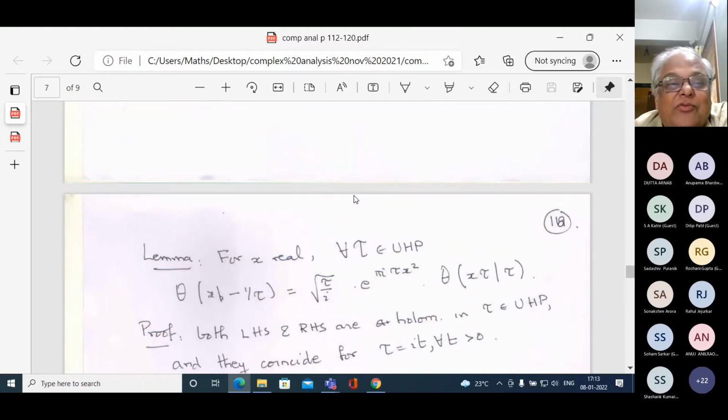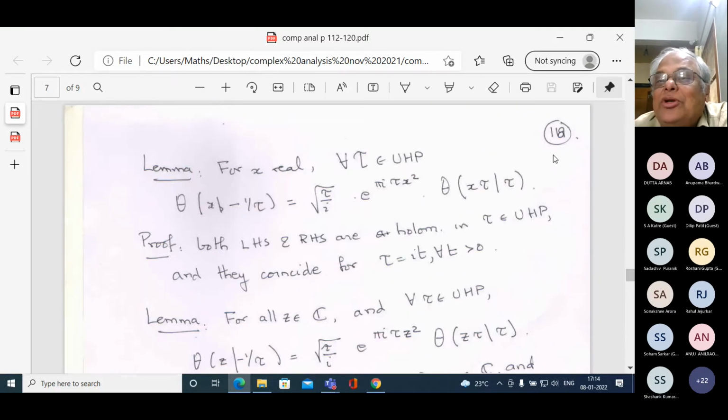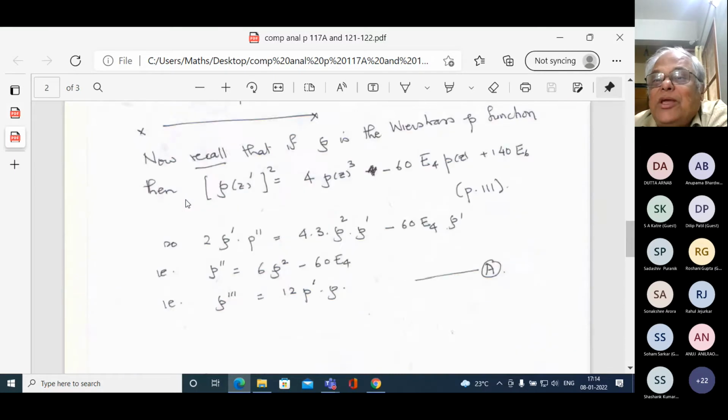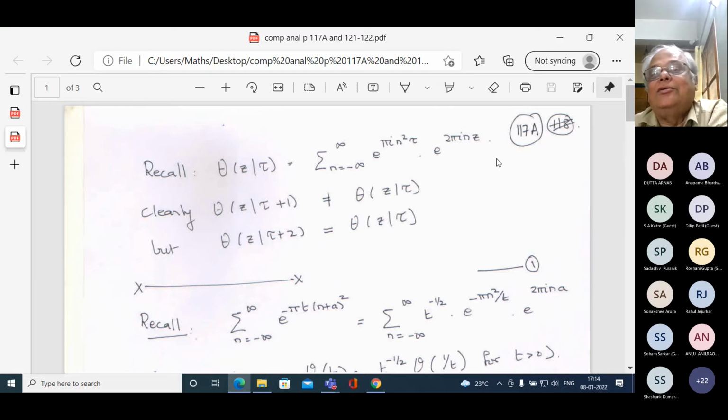Now here I've made a goof up about my numbering. Okay, so let me correct this. It turned out that I had not sent you page 111, my original page 118. So my original page 118, I'm going to call page 117A. So page 117A is supposed to come after page 117 and before page 118.